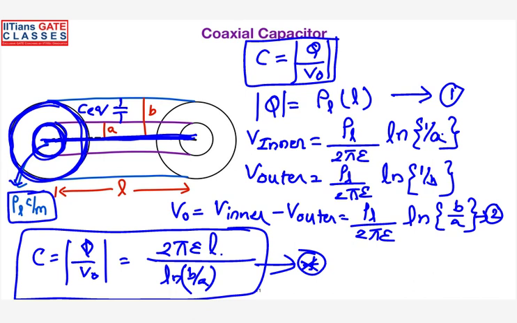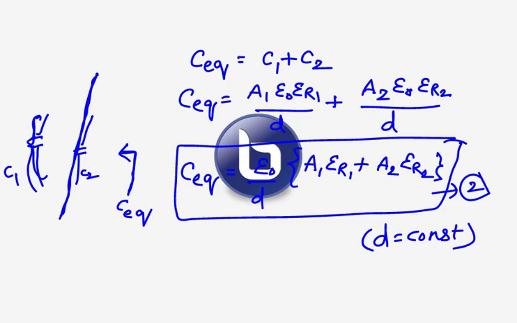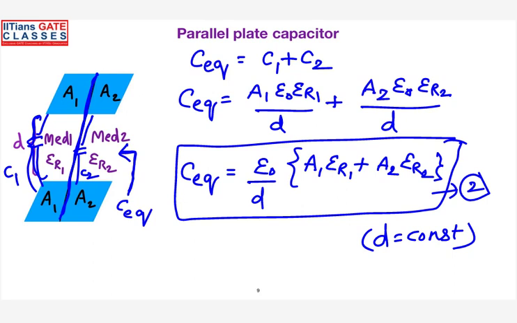So finally, the point is very clear here. If any problem is given on capacitance, if it is a parallel plate capacitor, you can either remember the formula or otherwise stick to the basics. To find the capacitance, you need to find the charge on either conductor and find the potential difference. The charge divided by the potential difference gives the magnitude of the capacitance. Once you understand this concept, whatever the configuration, whether it is coaxial, spherical, or parallel plate capacitor, you will be able to find the capacitance. For the GATE point of view, it is very important for electrical students. If you have any questions, you can discuss.